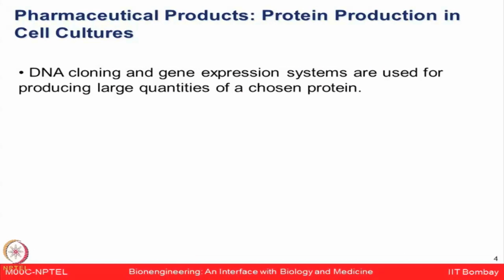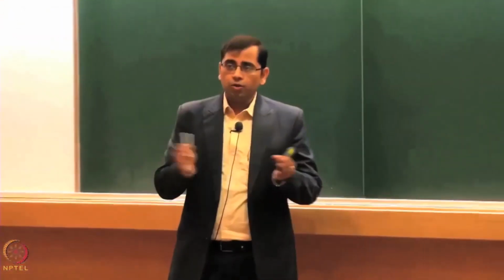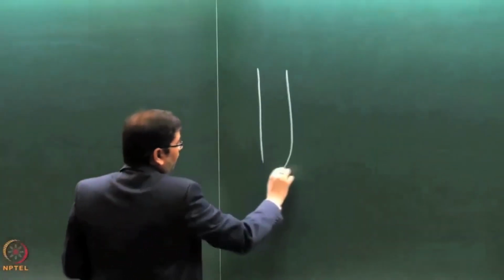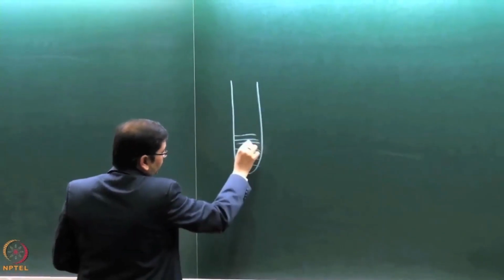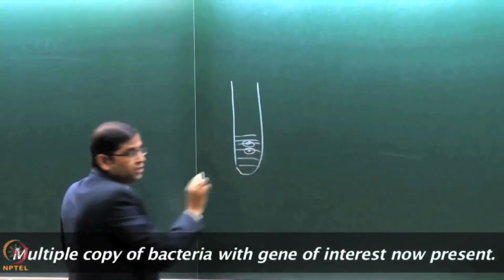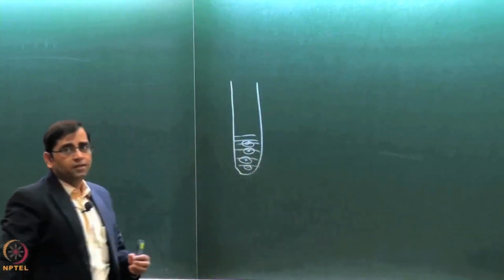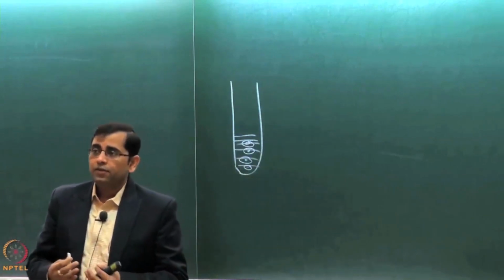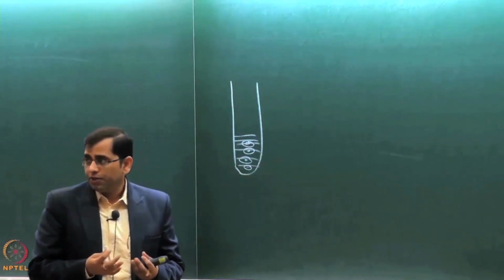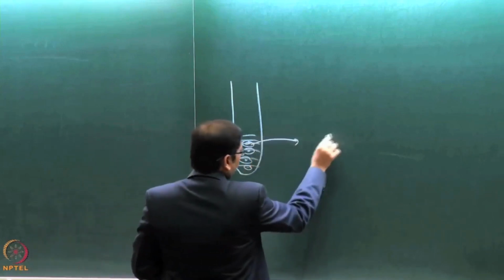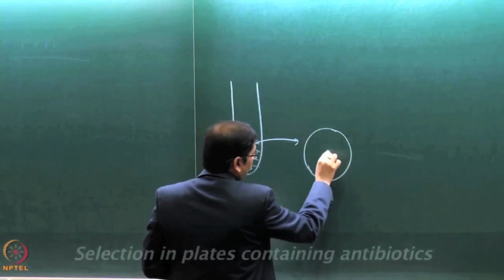Just for your curiosity, let's imagine how to use these expression systems for protein production. For example, we talked about doing a cloning experiment where you can make multiple copies of that gene, right? And then you are growing that bacteria and multiplying it. You now have multiple copies of the bacteria which has the gene of your interest. So imagine this particular vector which you had used was an expression vector, which has the ability to induce protein production. Now once you have selected this bacteria on the plate here,